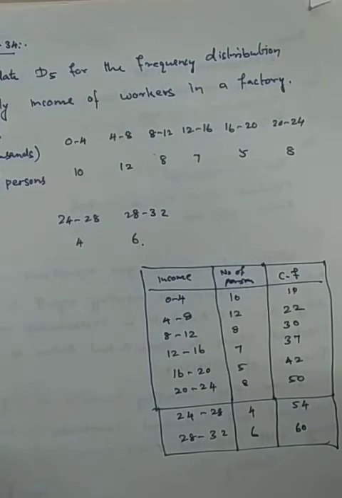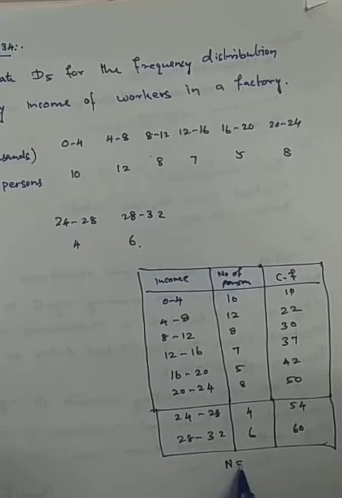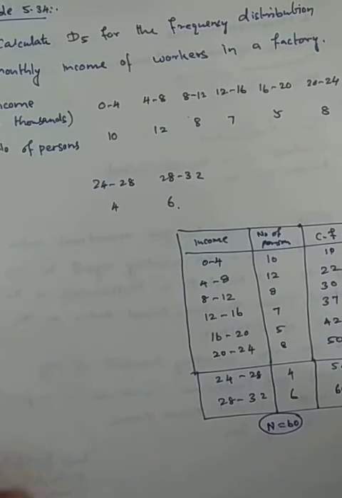So now it is coming as what? 60. Is 60 even or odd? 60 is even. So 60 we are getting, the total n value is 60. So keep this in mind. Now what are we going to do here?